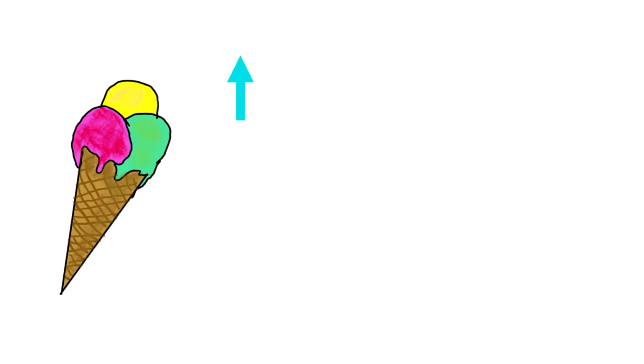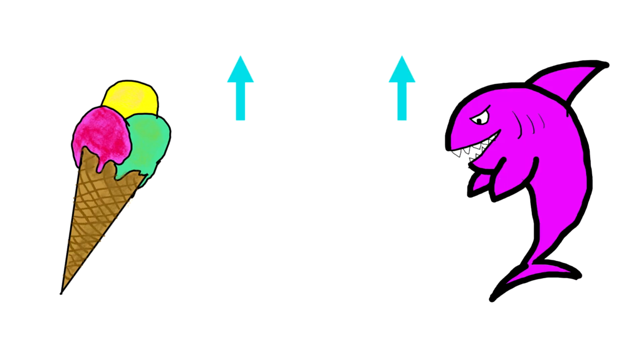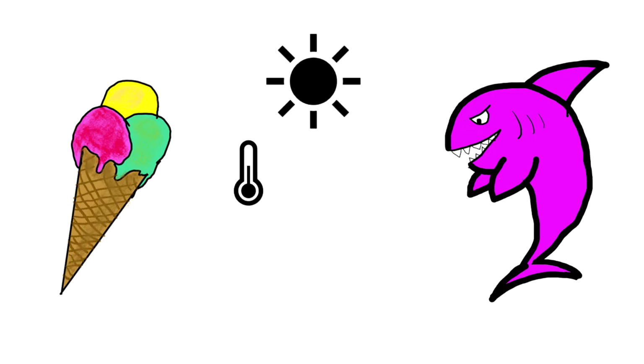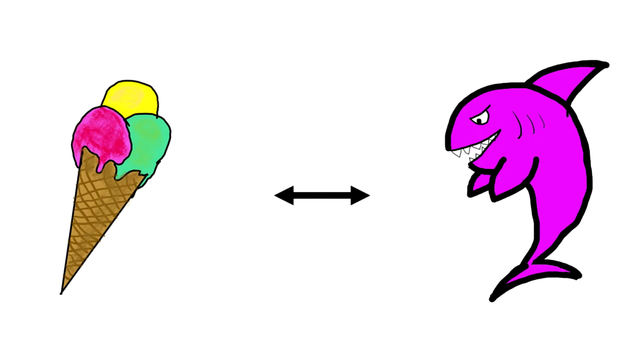You might notice that when ice cream sales increase, so do shark attacks. When ice cream sales decrease, the number of shark attacks also goes down. Does this mean that eating ice cream causes shark attacks? Of course not. In this case, sunny weather is making more people eat ice cream. Also, with good weather, more people swim in the sea, which in turn increases the chances of a shark attack. Ice cream sales and shark attacks are correlated, which does not mean ice cream sales cause shark attacks or the